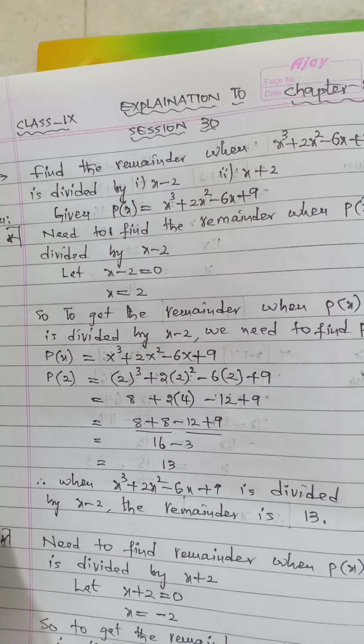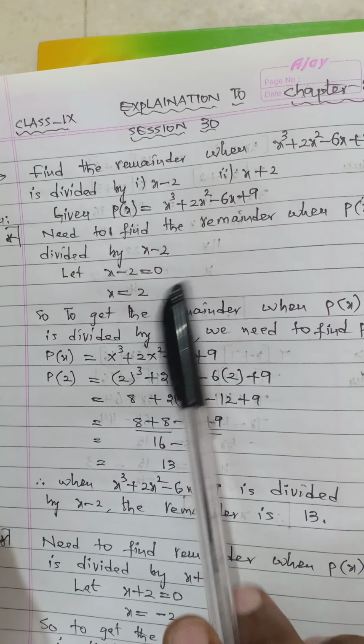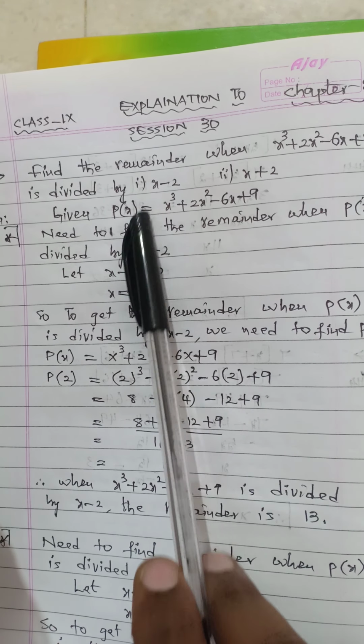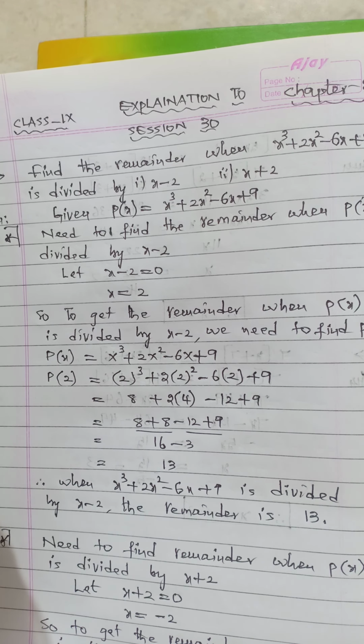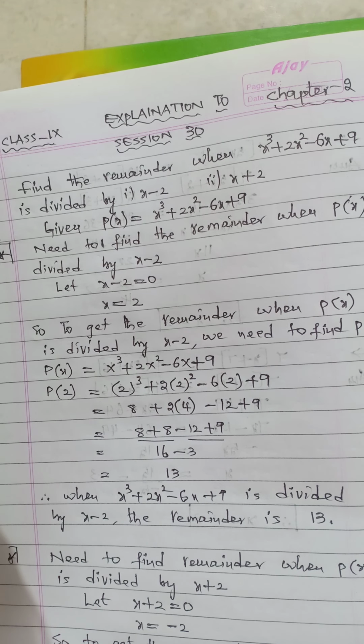In this session there is no continuation of the class. I just want to explain the questions given in session number 30, because some students are asking, sir, explain those questions once again. So for the students I am explaining these questions. On that day I gave 4 questions, that is 2 questions in one question and 2 questions in another. Today I'll explain all those 4 questions.